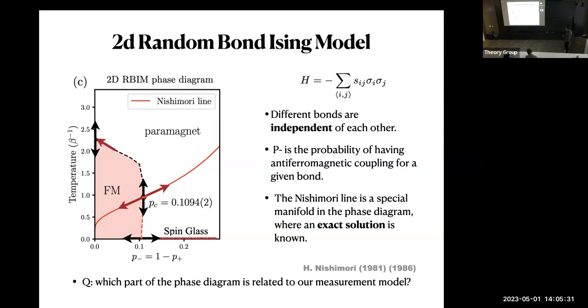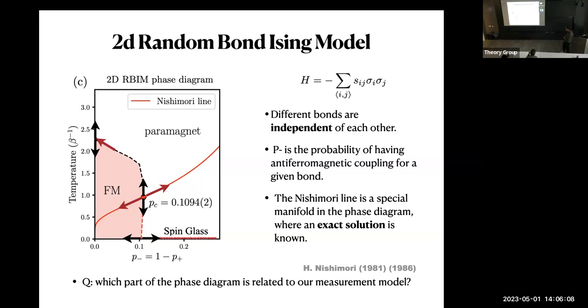At zero probability of minus bond, you just have the ferromagnetic phase, and that has a finite temperature transition. And when you tune the minus bond probability, you'll get to a spin glass phase at a high probability. And then there is a transition between the ferromagnetic phase and paramagnetic phase. Interestingly, there is an exactly solvable line in this model, which is called the Nishimori line,